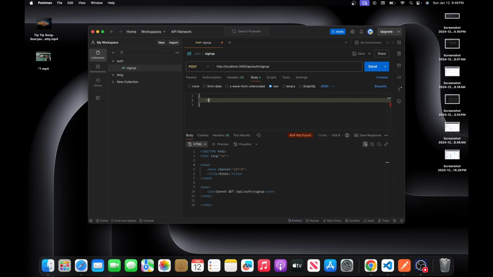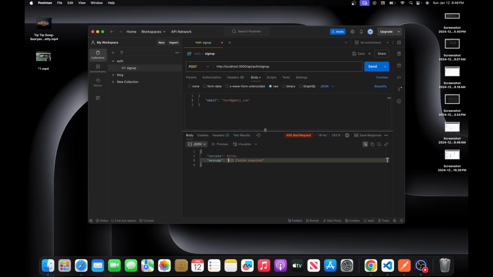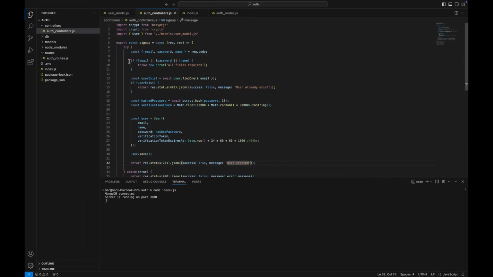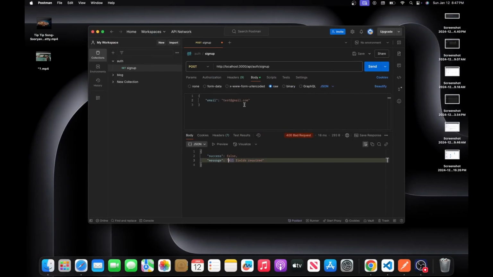First one is email, and email is like test@gmail.com, and if I just send this, then here you can see all fields required. It means our code is working fine, and this is throwing this error, all fields required. So now I will pass password, and password will be like 123456, and I will pass name, which will be like test. Okay, and now if I send this,